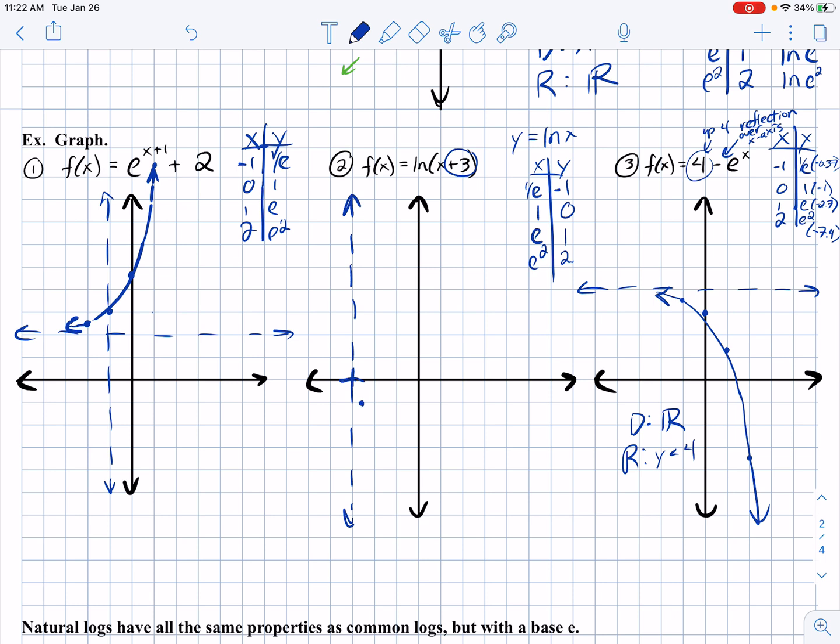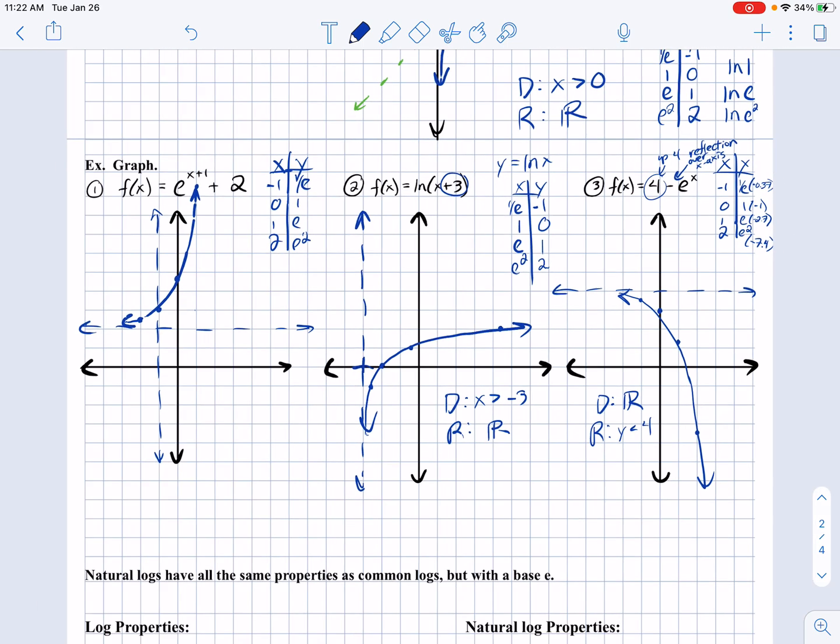0.37, negative 1, 1, 0, 2.7, and 1, and 7.4, and 2. There we go. Domain, x is everything greater than your vertical asymptote, which is at -3, sorry, and range, all real